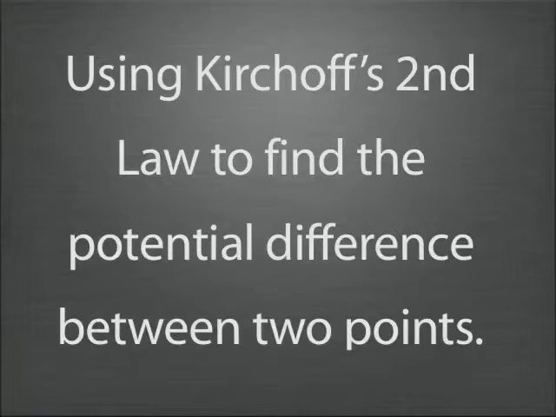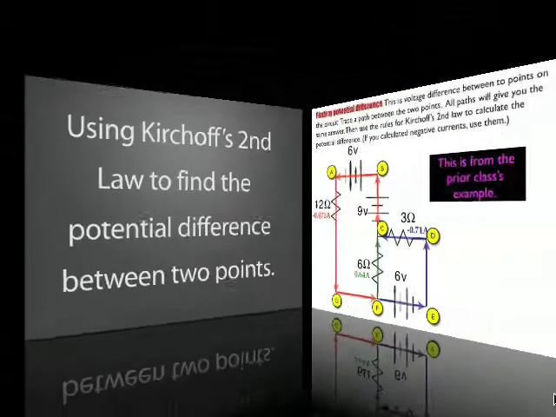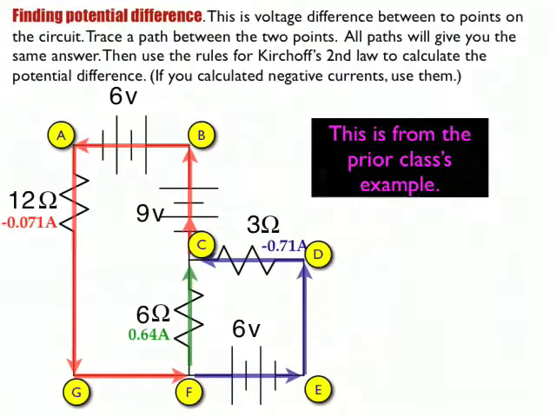Using Kirchhoff's second law to find the potential difference between 2 points. To begin with, we're going to look at a problem that we solved in one of the earlier presentations. And we're going to find the potential difference between 2 points on the circuit. What we're going to do is trace the path between the 2 points and add up all